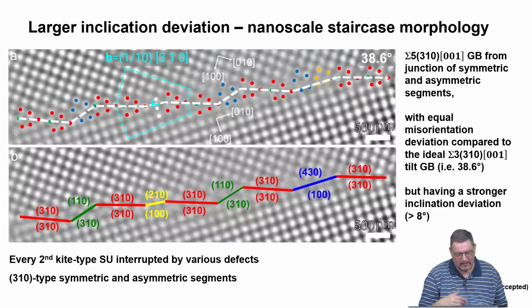You have to analyze that. And the good news is all these models, dislocation-based or structural unit-based, still work. It seems that you have only a given small number of structural units, the periodicity of them is important, and nature maintains that. But when you compare the outcome in terms of higher energy, it seems that the inclination deviation is maybe the more important one over the misorientation deviation.